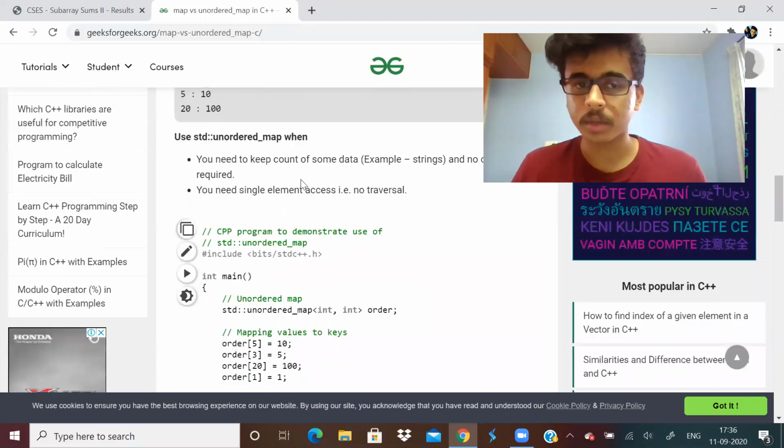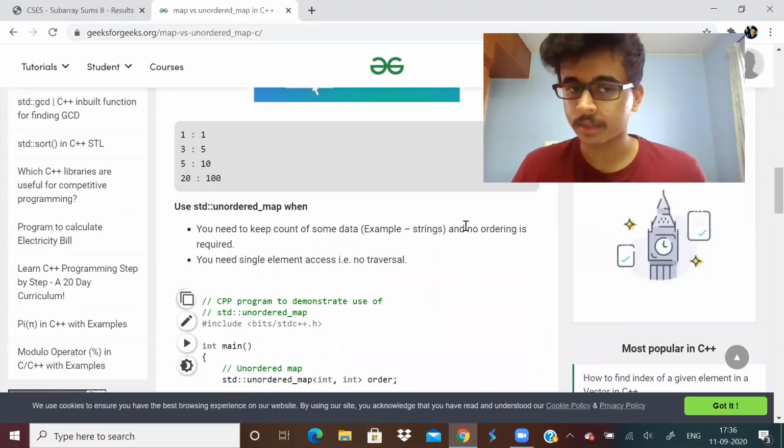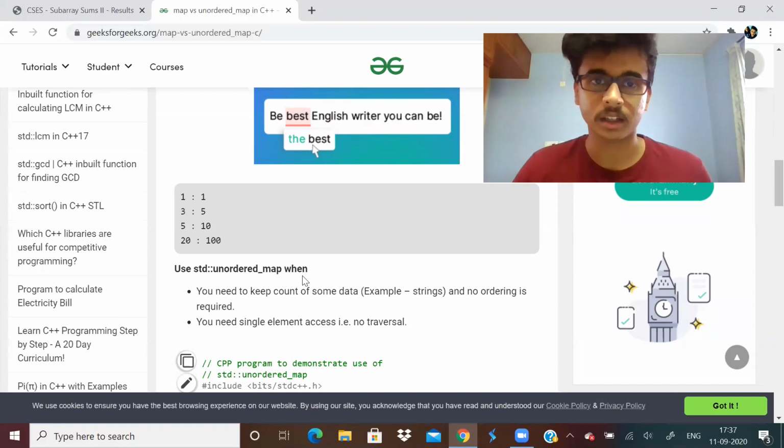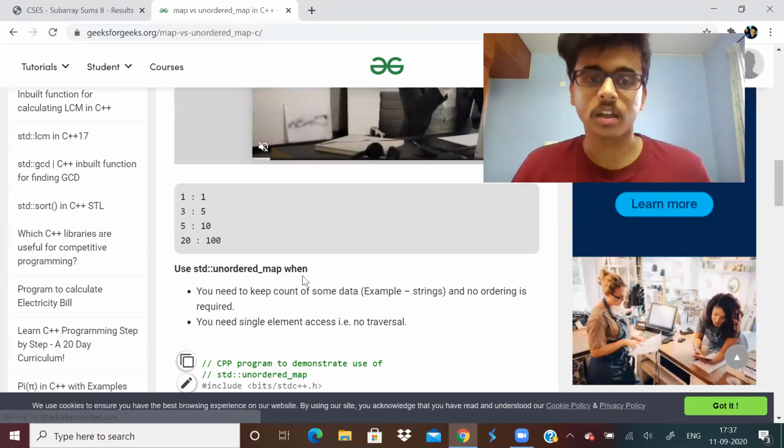Similarly, for unordered map, if we have to keep a count of something or we have to access a single element, then we use unordered map. So actually, while learning map and unordered map, we kind of skip this part. We don't realize when to use it and when not to. If you're a beginner or even a person who has done a lot of questions using map and unordered map, you might have just gone with unordered map because in Geeks for Geeks, everywhere the solution has unordered map only. But